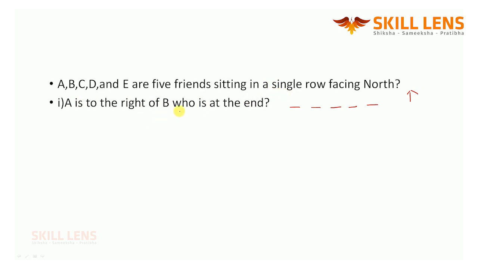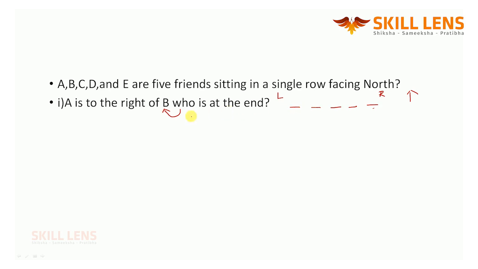So one more important point. Lot of people make a mistake here. Who is nothing but the immediate person. Now here, who means who? B. So B is at the end. How many ends do you have? According to the condition, you have 2 ends. One is the left end and this is the right end. So where should I place B? Lot of people get confused with this.